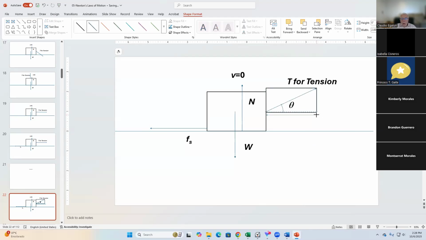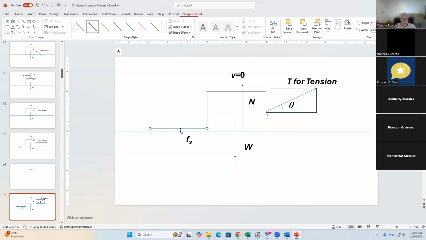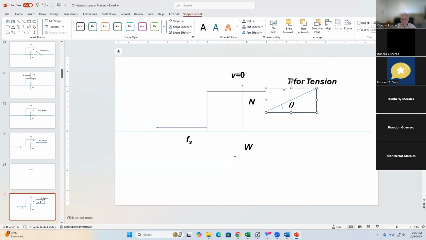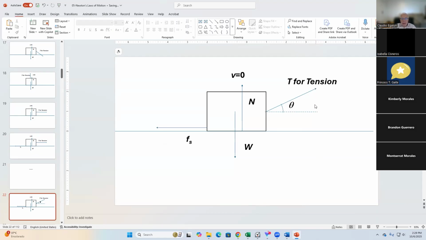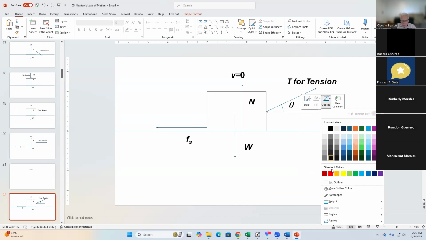Okay, here you go. Again, I'm doing my best to display a realistic length for this force of static friction. But because this tension also has a vertical component, it's also going to affect my normal. Now, my tension, I'm going to draw the components of this force. Now do you understand why it's important to study vectors?